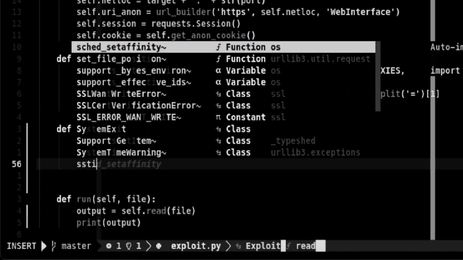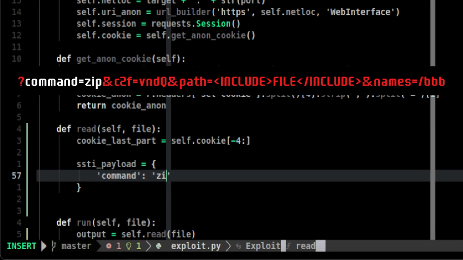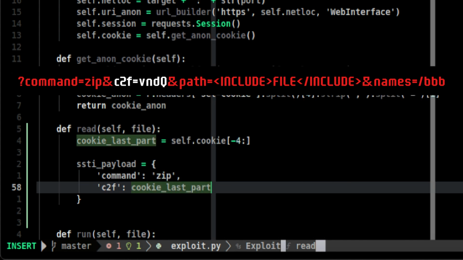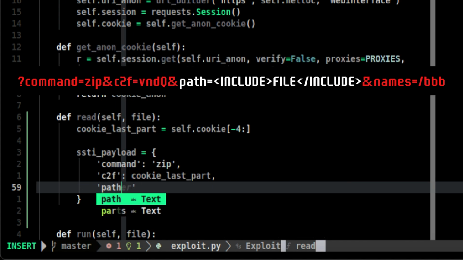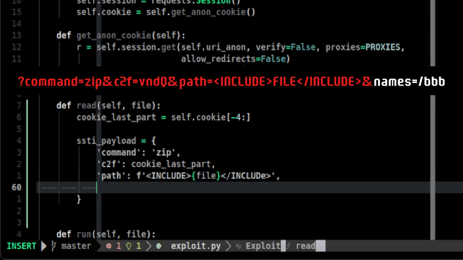Then we need the full query parameters for the request. First is the command, which is zip function. We also need to include the last cookie part. Sorry, I just forgot to mention this a while ago. Then the path, which will include the templated input. We will use an F string for this. Last will be the names parameter. This can be any value, but for the sake of simplicity, we will just follow the one from the vulnerability